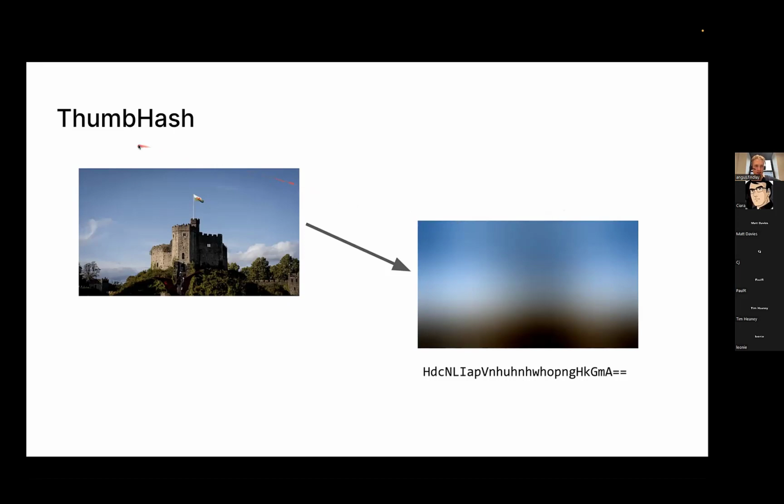And there's a really cool algorithm out for this called ThumbHash. It hasn't got a lot of GitHub stars, but it's by this guy Evan Wallace, who works at Figma, who's a big Rust evangelist as well. And this is written in Rust as well. And it turns a big image